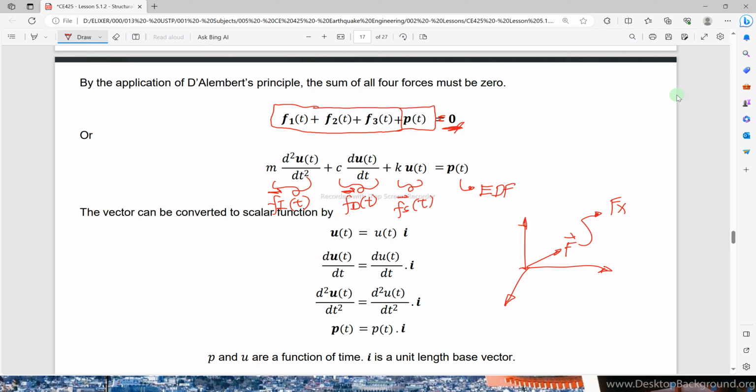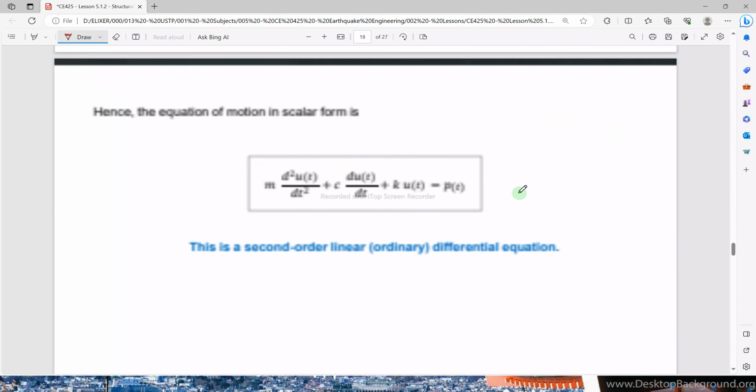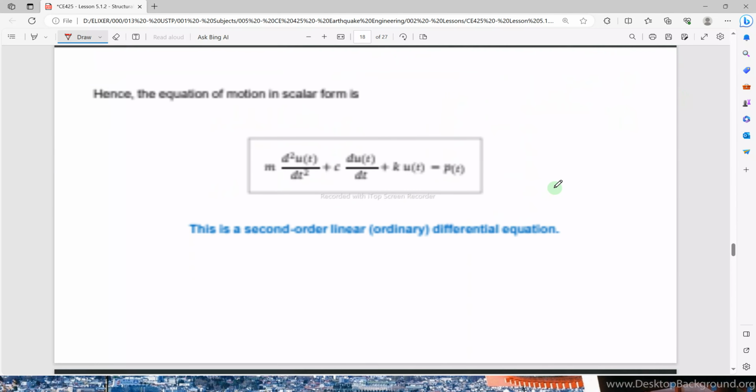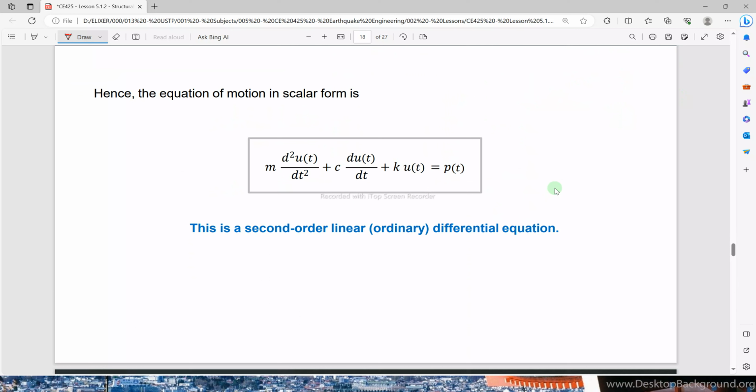So we try to get the force on the x component, on the y component, and then on the z component. So here, this vector quantities can be converted into function. So muna siya. This is just the scalar function of the